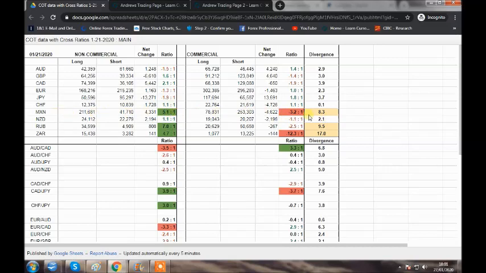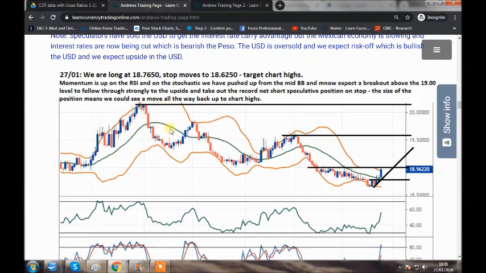Divergence in this pair above 7 is really good. We like them near 10 or above. And you can see in the RUB, we've got a divergence of 9.5. And in the ZAR, it's 17. Now, this points to speculators getting run on stop. And I think that's already started. So let's go and look at the first pair, which is